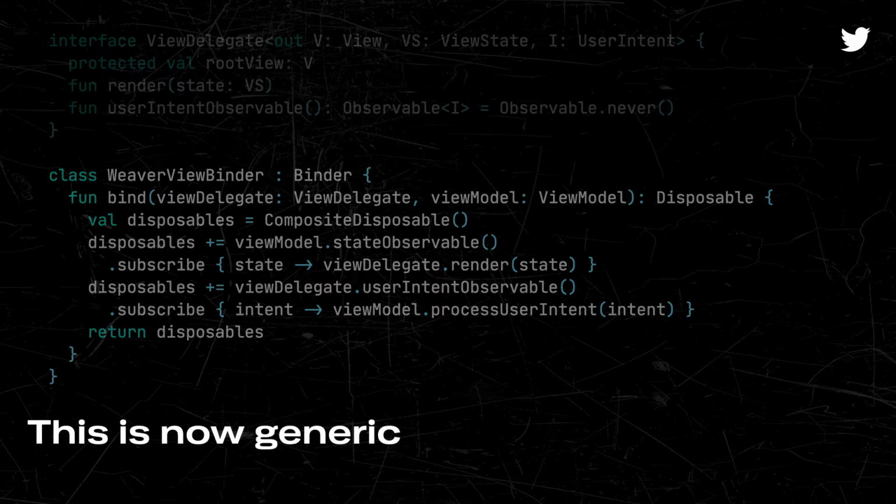By doing that, this part is now generic, and this means that we don't have to implement it at all. It's reusable. So we will only need to implement the view model for business logic and the view delegate for UI, which seems fair. It's the two parts that you would want to write for the future. You don't want to write the glue, but you want to write how the business logic works and how the view is rendered. So this means we move from MVVM to MVI,